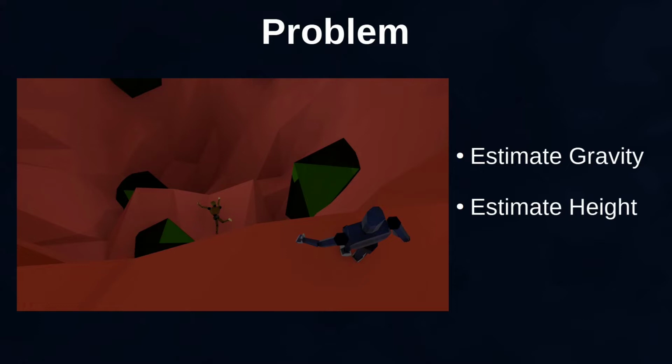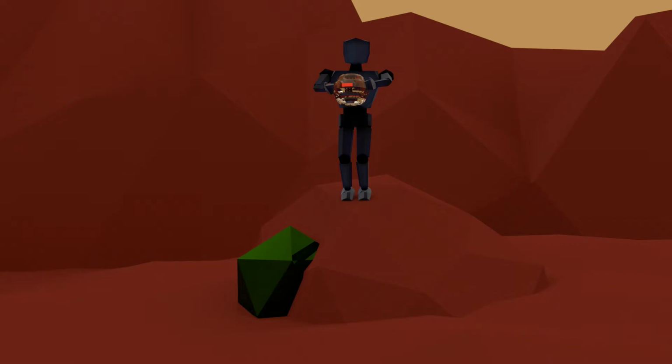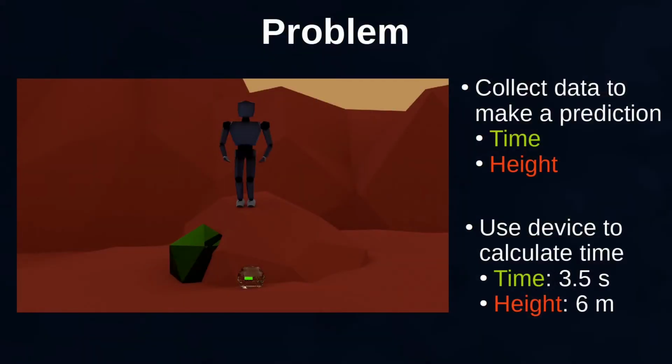The blue robot does not know how distant the yellow robot is. However, it remembers that it can use an old device to calculate the gravity of the planet, and then can use this value to calculate the height. This device, similar to a ball, calculates the time from the moment the robot let it fall to the moment it touches the ground, and then transmits it to the robot. Also, the robot has some sensors that allow to calculate his height from the ground, but they cannot be used for the pit because it is too deep.